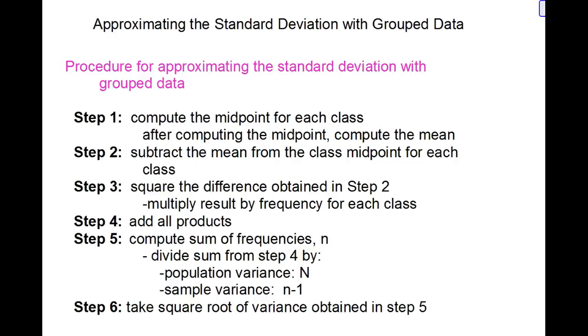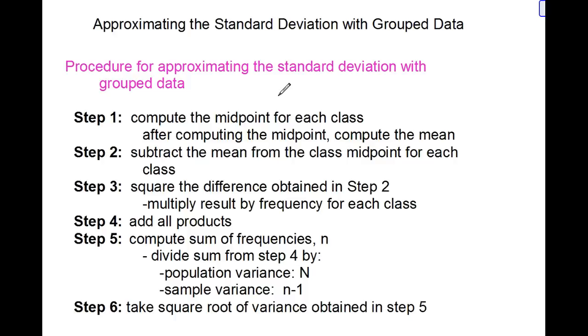In this video, we're going to continue talking about measures of spread, in particular approximating the standard deviation with grouped data. We've already spoken about calculating standard deviation if we have the raw data. But recall, there are times that we are not given the raw data to look at and we're just given a frequency distribution. So we're going to talk about how we can calculate the standard deviation for these frequency distributions